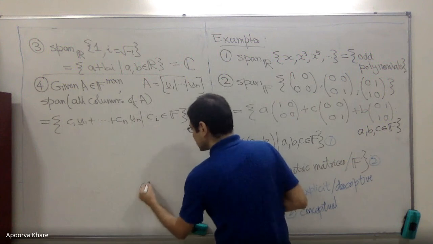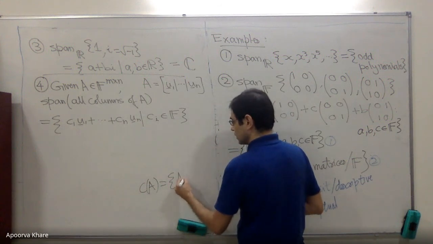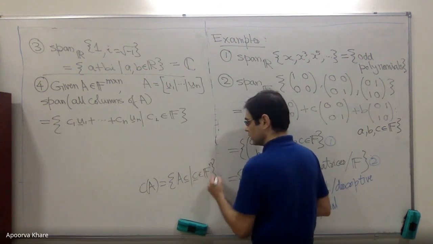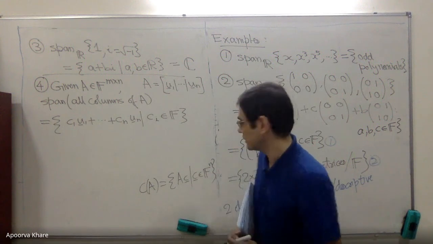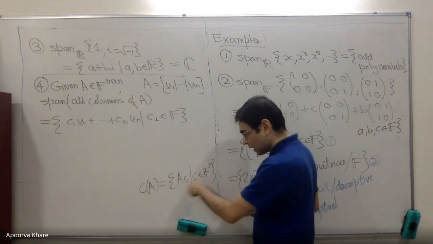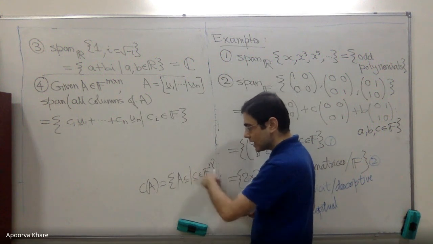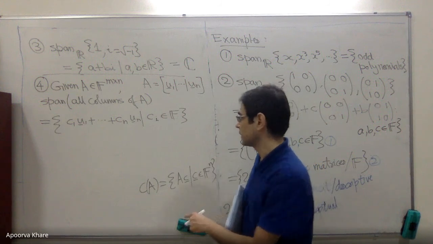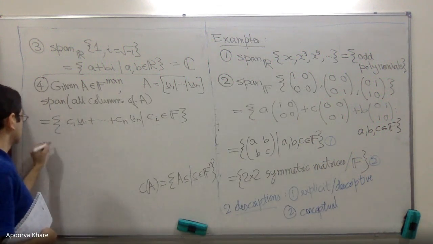The column space was precisely the range. It was the set of all output vectors. A times C, so that C is in F to the N. I called it A times X there, but of course there's a reason why I'm calling it A times C here. So it was the set of all output vectors. When you input any vector here, the output vectors, collect them together, that's the column space. That was the definition of the column space. So now here, C1, U1, Ci. So let me write this down. This is equal to,